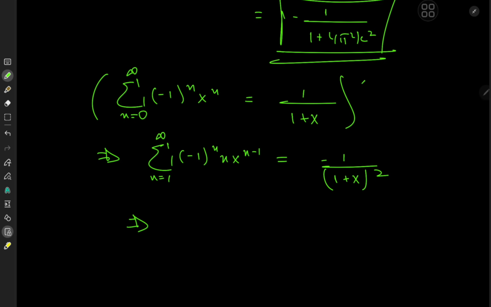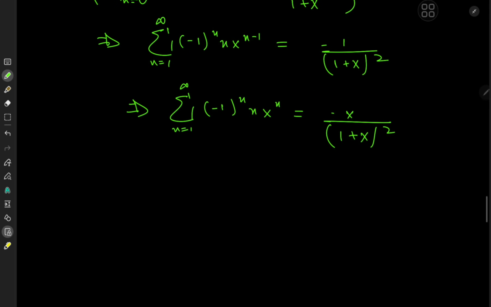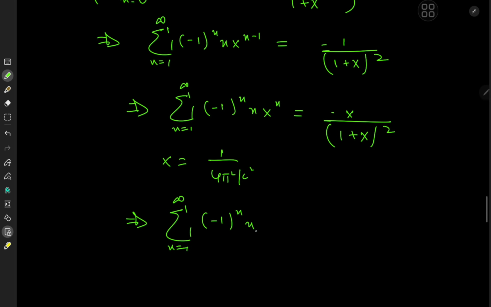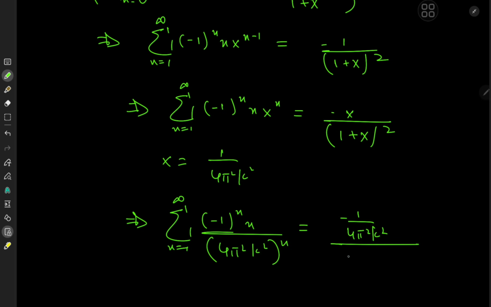And for that, we just expand using x to get the sum over n from 1 to infinity of negative 1 to the n times x to the n equal to negative x over (1 plus x) squared. Again, we need to let x equal 1 over 4 pi squared k squared, which implies that the sum over n from 1 to infinity of negative 1 to the n times n over 4 pi squared k squared, which is of course exactly what we were looking for, is indeed negative 1 over 4 pi squared k squared over